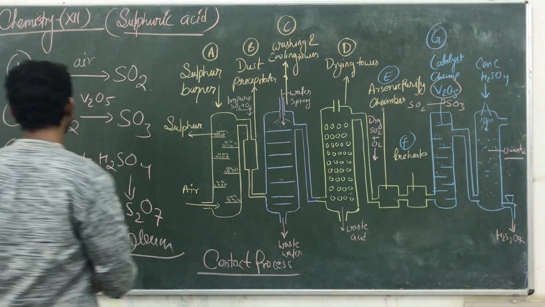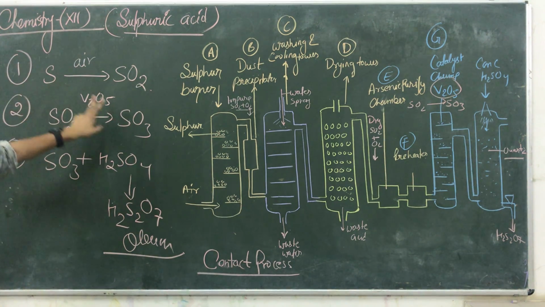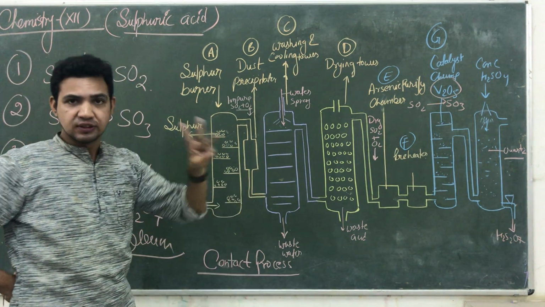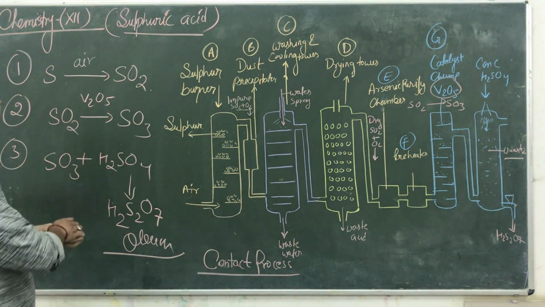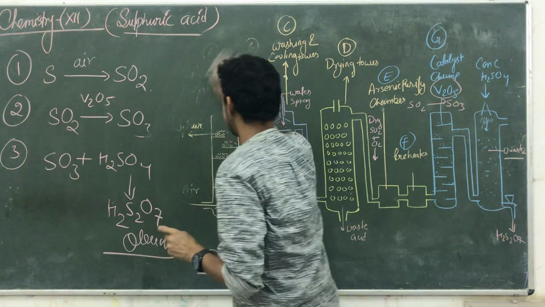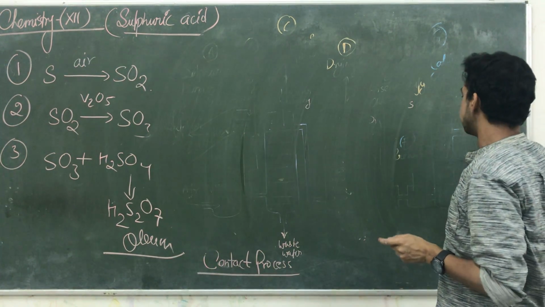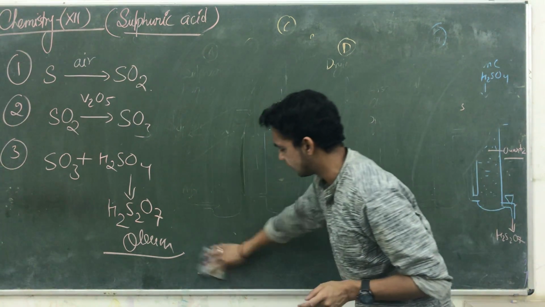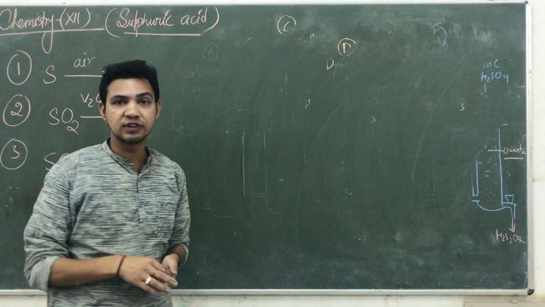See guys, what happens? You described that sulfuric acid is prepared by the contact process. This process depends on 3 steps. For the first step, we are just going to repeat all these diagrams, then I am showing you. In the first step, a large amount of sulfur is burned in the presence of air, but you don't take S. We are working with S8.